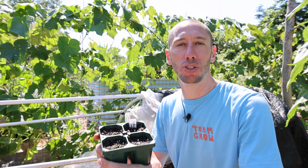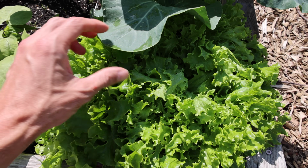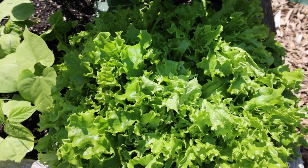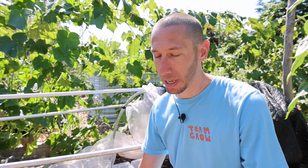Since it's so hot in July, it's also a good idea to transplant your lettuce into a location that maybe gets shaded by another plant or just is filtered shade in general, and that will kind of help the lettuce continue to grow well. Another thing you should do is you should plant some varieties that deal with the heat